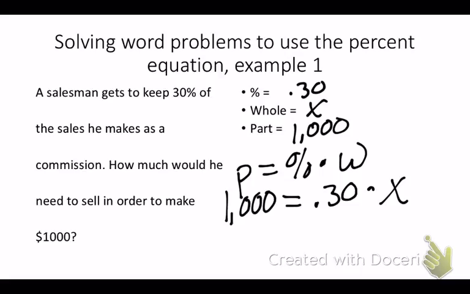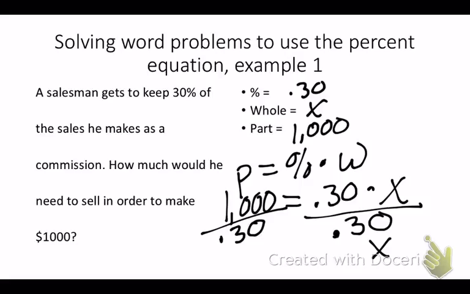In order to be able to solve that equation, we're going to have to cancel out where I have this multiplication. How do I cancel out multiplication? Of course, I divide by 0.30. That's going to cancel and leave me with just an x. If I divide the left-hand side by 0.30, I have to divide the right side by 0.30. So I'm going to do 1,000 divided by 0.30. And I'm going to have to round a little bit. I'm going to get about